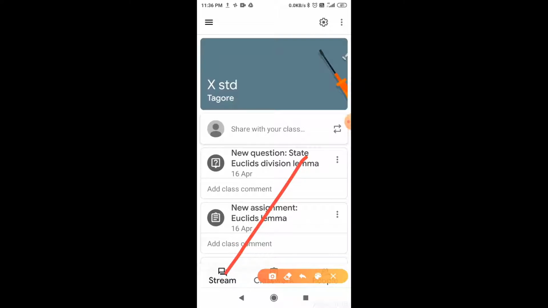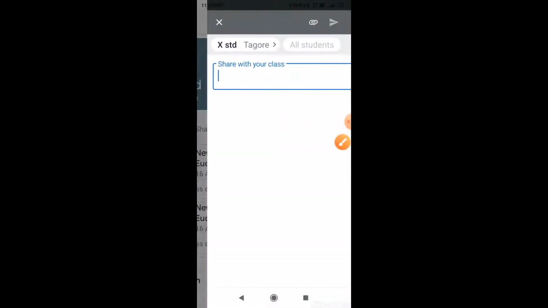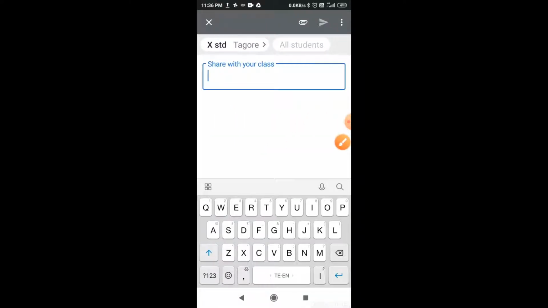How to put, I will show you. See, click on stream, share with your class. All the announcements you have to type it here. When you type it here, it will be displayed in the stream. You go there and type whatever you want to type.